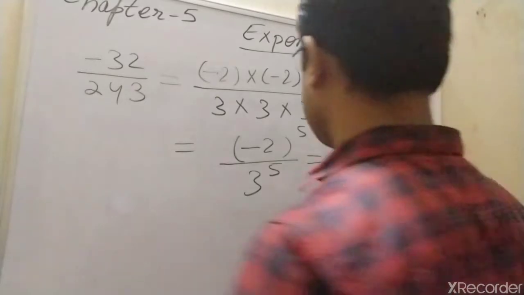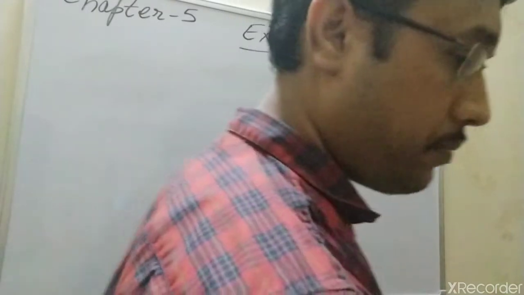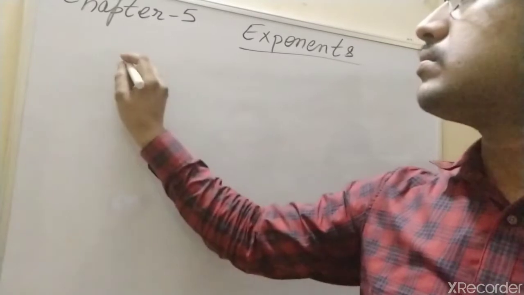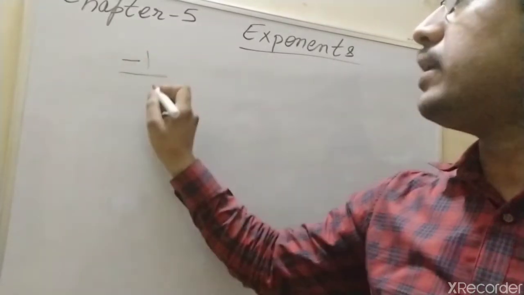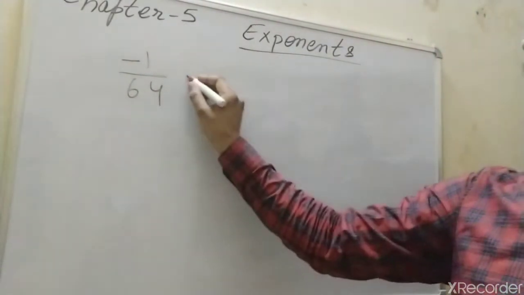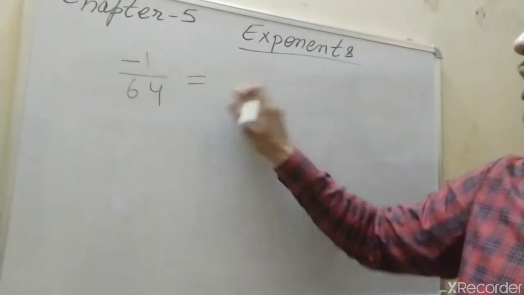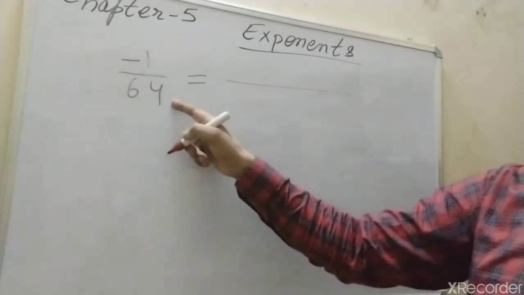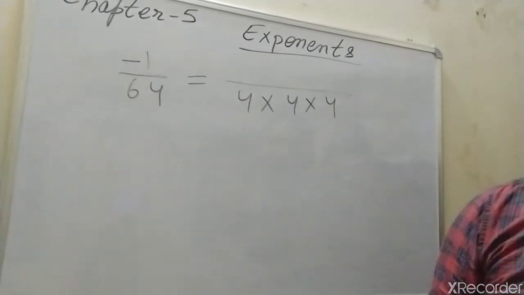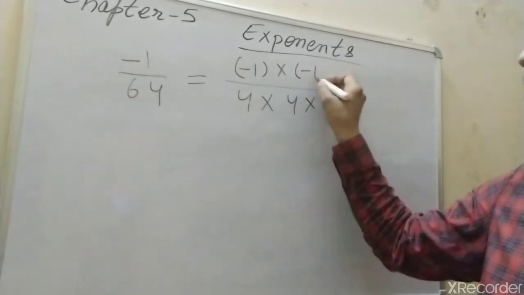Yes, now one more question I am showing you. If the number is given minus 1 by 64, minus 1 by 64, this you are writing, then how to do this? This you can write minus 1. First you will see the denominator, what it is becoming. You know that this is the cube of 4, 4 into 4 into 4. This we can write, and this you can write minus 1 into,